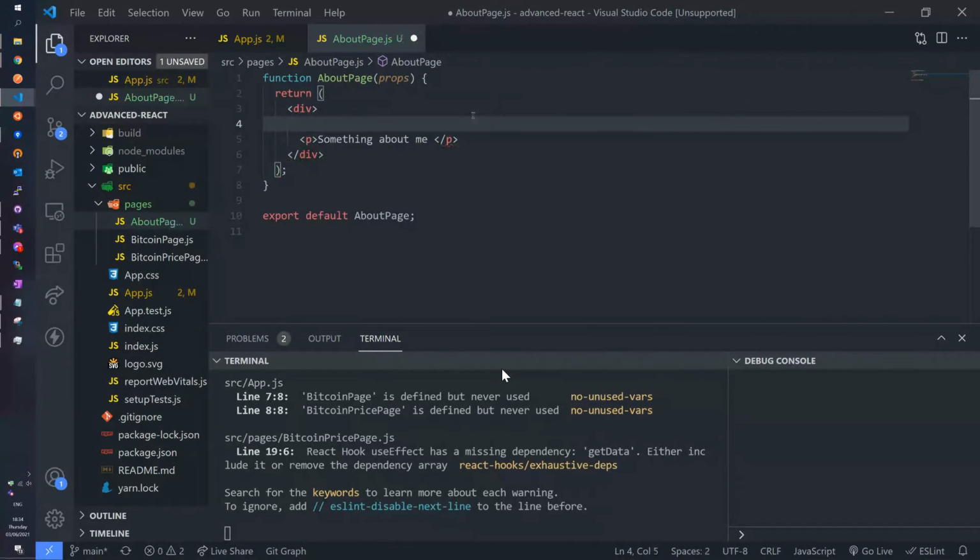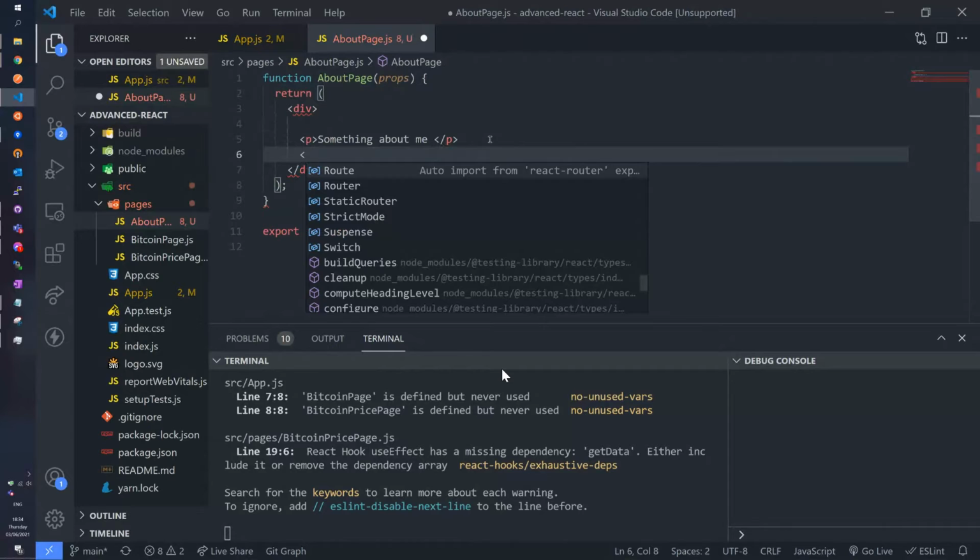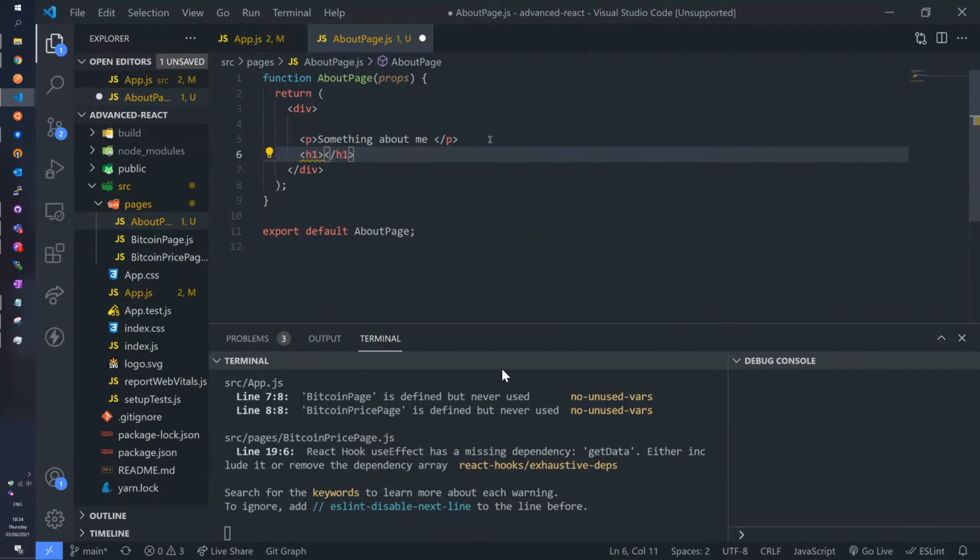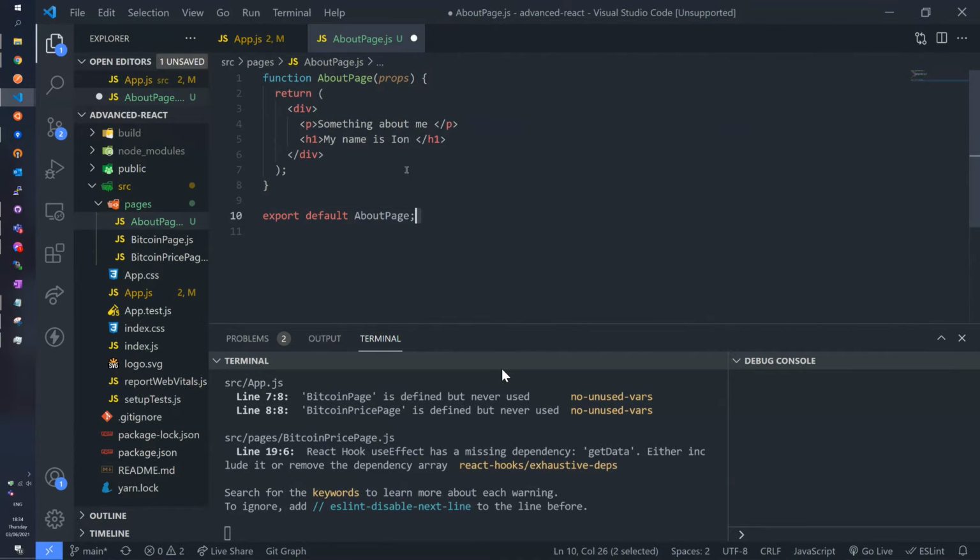We're going to add another piece of text just to show that this is a more advanced component. So yeah, my name is Jon. So this is a very, very simple static React component.